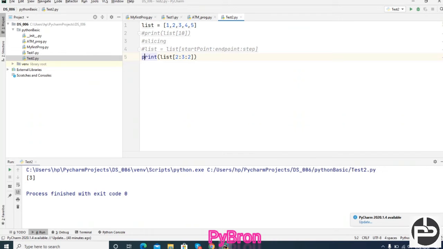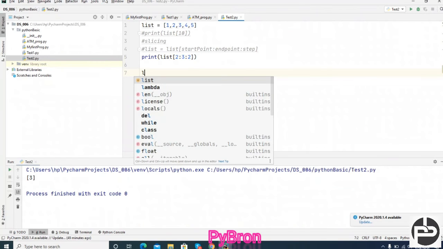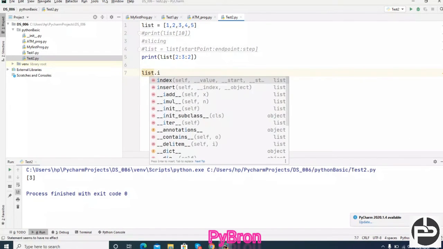As we already know, whatever definition of list I am writing, if you can prove the definition of list, then no one is a genius rather than you. The definition says if you want to represent a group of individual objects as a single object where insertion order will be preserved. Insertion order preserved means in which order we are inserting, in the same order data is going to be fetched.